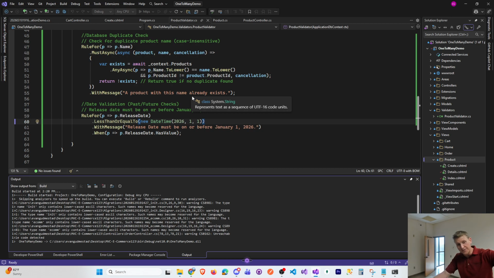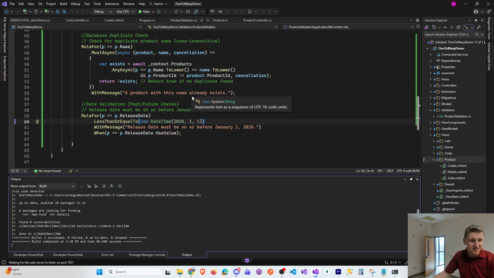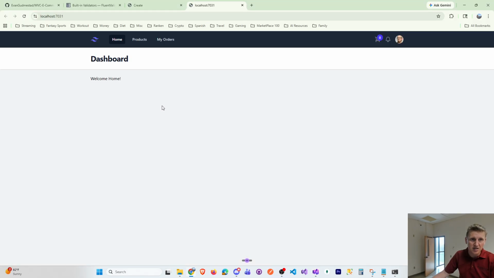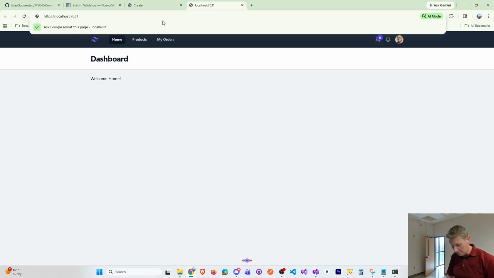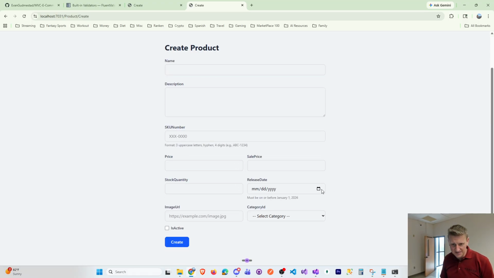So those two features right there, on top of just being, in general, a better place to write your validation rules, and what I would consider a more modern approach. Product create. So if I set to today, and I just did that so that,